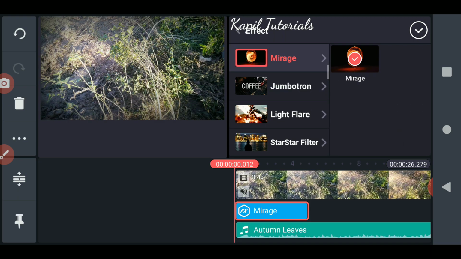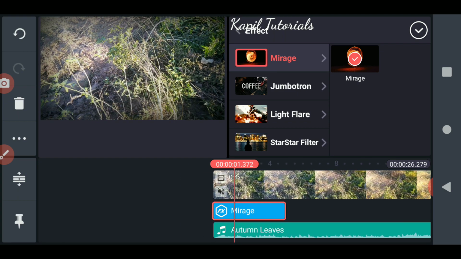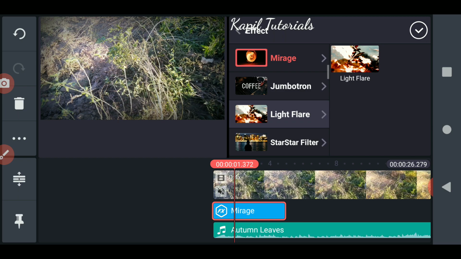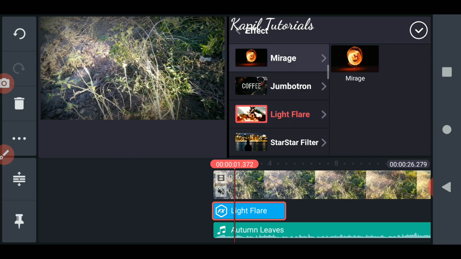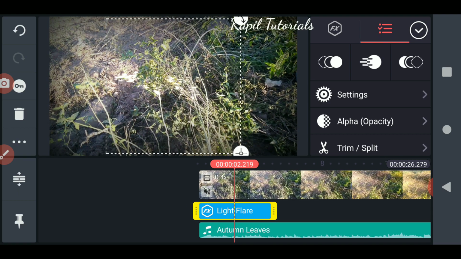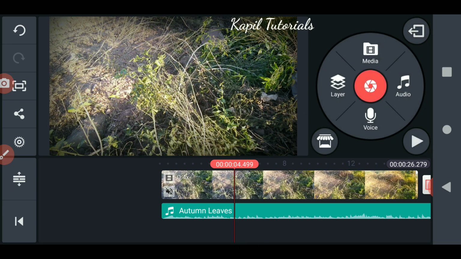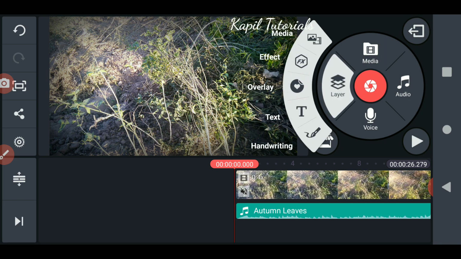Let's see what kind of effect it will give. It's kind of flare only. I'll try some other effect.